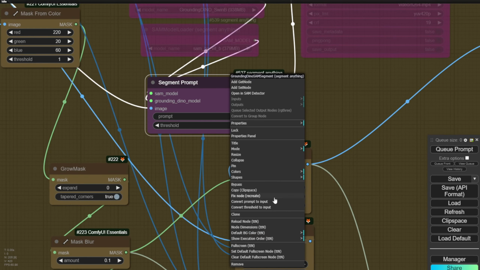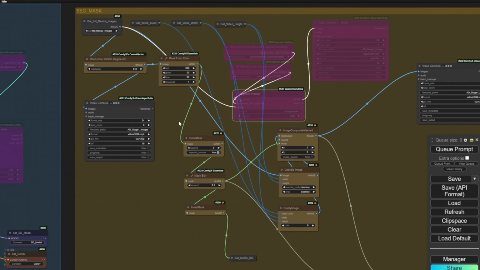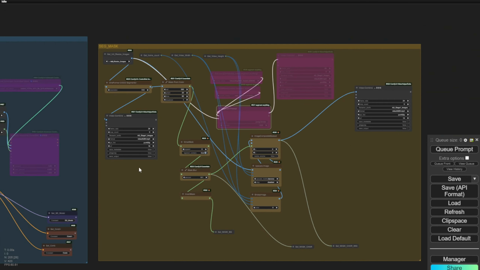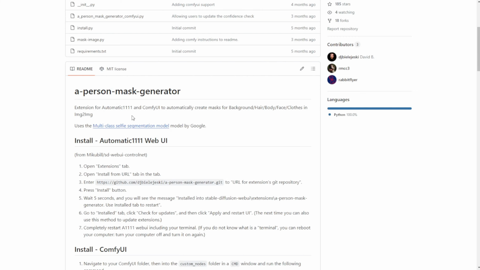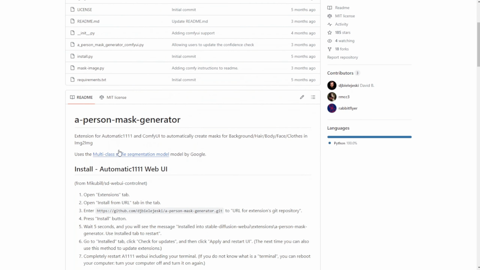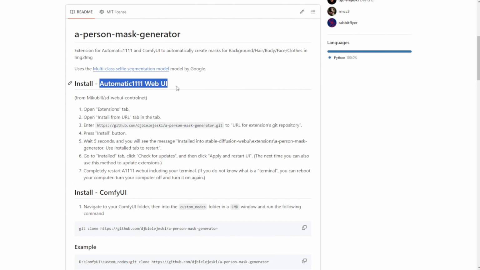But what if I want to just change a jacket or change just part of the character's outfit without dealing with the backgrounds and everything? And I found that in the Automatic extension, we also have one called a person mask generator, and this one is doing quite fast. Previously, we played around in Automatic, and I saw that they also have the Comfy UI custom nodes available for download, so we can try this out as well.